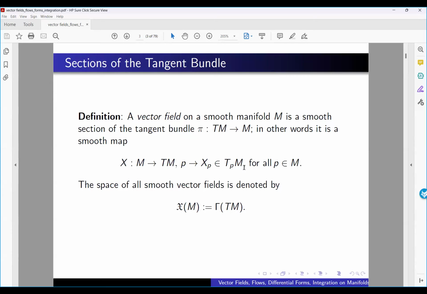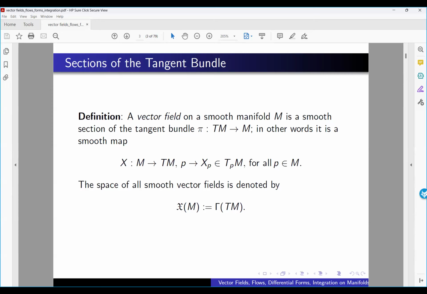Taking a tangent vector at P to the manifold M into P, into the origin, and then a section of the tangent bundle is called a vector field on the manifold. Now, the section simply means that you define the map from M to TM, such that you have a commutative diagram here. So you simply take every point P of M into a tangent vector at the point P to the manifold M, right? So something like this is called a vector field or smooth vector field, and we